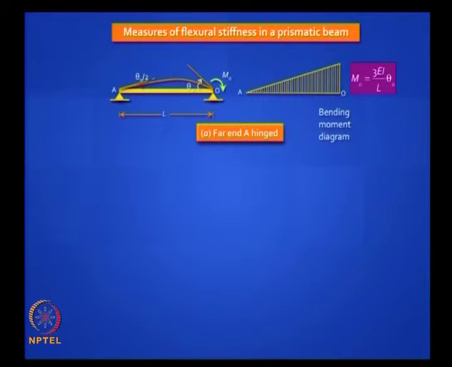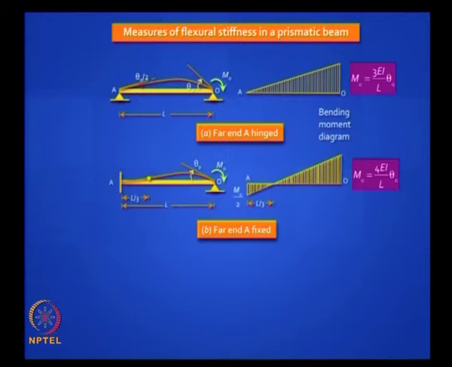This is what we derived. Let us say that the other end A is fixed against rotation. I am not going into the proof, you should know this easily. It is going to be more difficult to rotate if the other end is fixed, and you can prove that from 3 EI by L the stiffness goes to 4 EI by L, right. You can prove this and you get a moment at the fixed end which is half the moment that you applied. This can be proved, it is an indeterminate problem. That proof you can work out, we have done this several times.